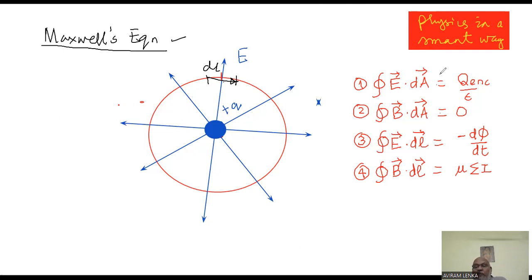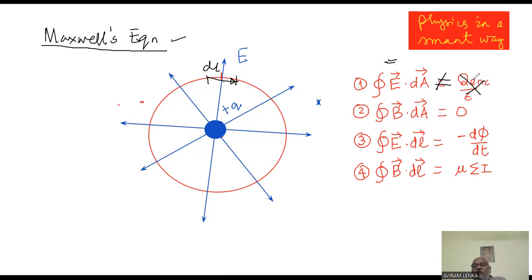In the last video, we were prepared to drop the unnecessary physics. So if I drop unnecessary physics from these equations, then the first equation that we have written here is nothing but the Gauss law. The closed surface integration of E dot dA, where dA means surface area, will be equal to the enclosed charge by epsilon. If I remove the right hand side and speak only mathematically, then this equation becomes